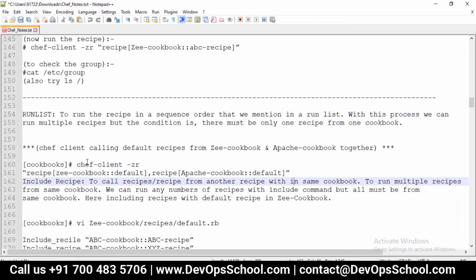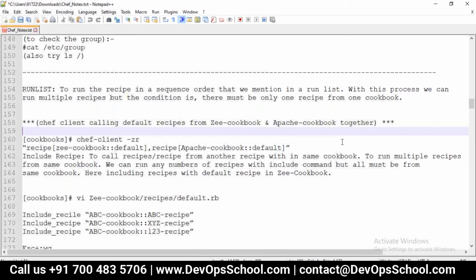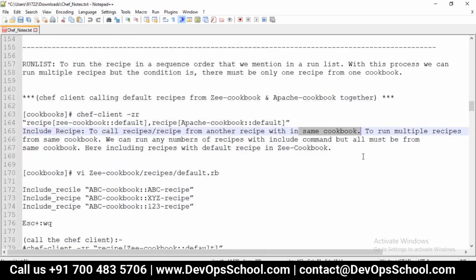With this process, we can run multiple recipes, but the condition is that there must be only one recipe from each cookbook. In the previous command we used one recipe from one cookbook, which means we cannot use more than one recipe from the same cookbook. But in case we need to call a recipe from another recipe within the same cookbook, meaning when we need to run more than one recipe from the same cookbook, how can we do that?